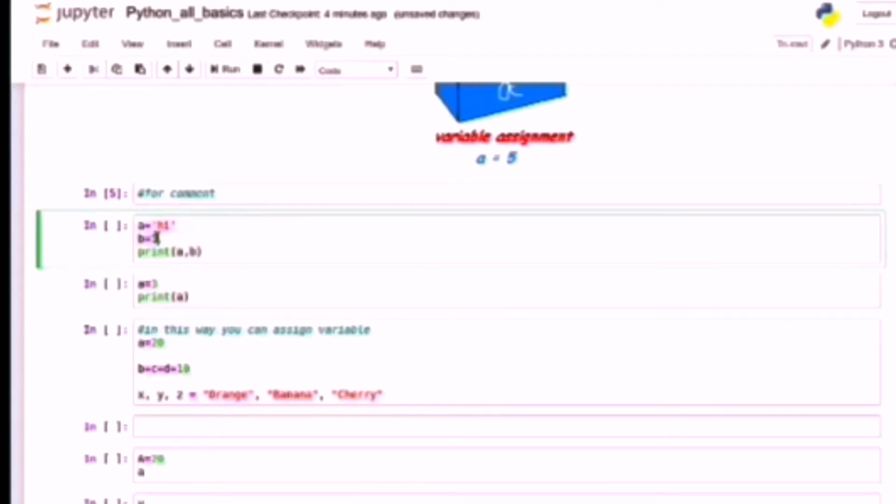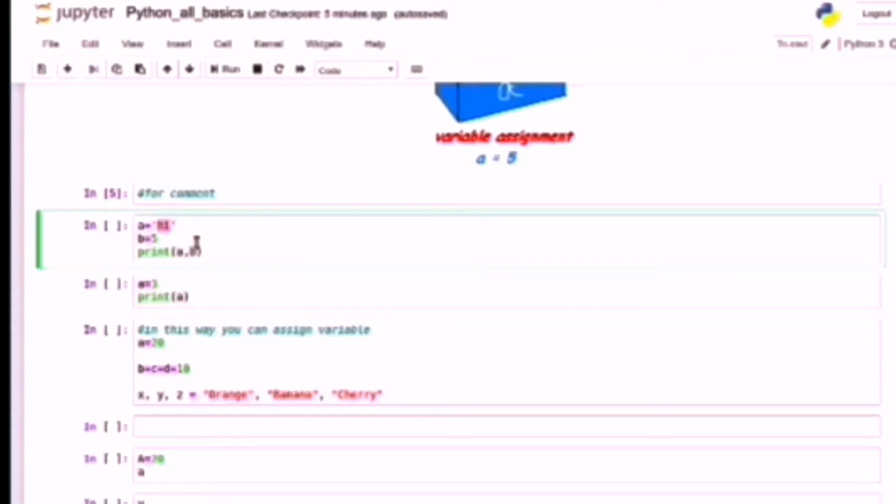And then a equal to hi, inside the quotes, means it is named as a string. If you give any letters inside the quotes, it will be named as a string. And then if you give b is equal to 5, it is an integer.